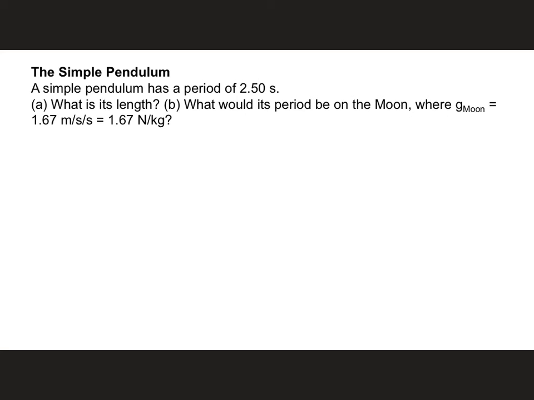All right. Simple pendulum. So now a different kind of oscillatory motion. Just something on a string swinging through, a clock pendulum, a pendant, or something like that, you're just letting it go back and forth. Simple pendulum has a period of 2.5 seconds. What is its length? Well, we have a period equation for this sort of motion. That's a lot like the one we saw before for a mass on a spring, except now it's